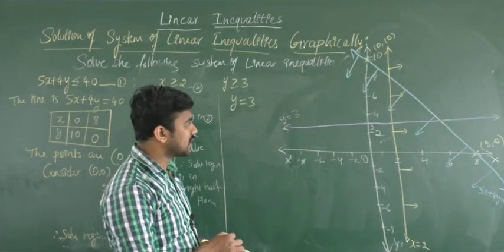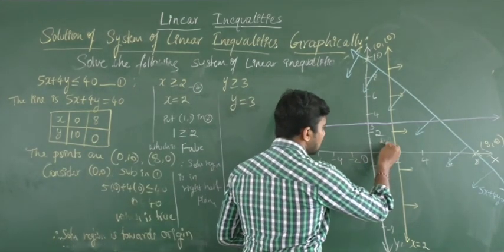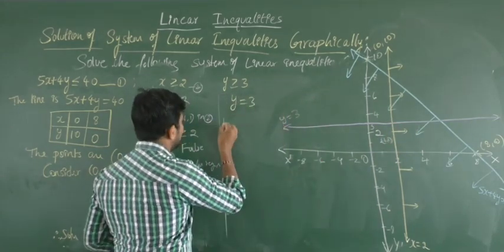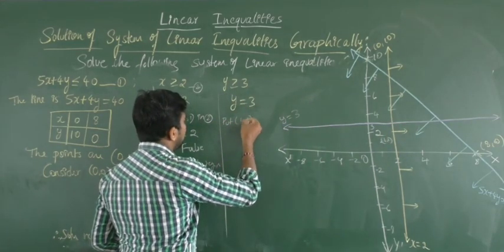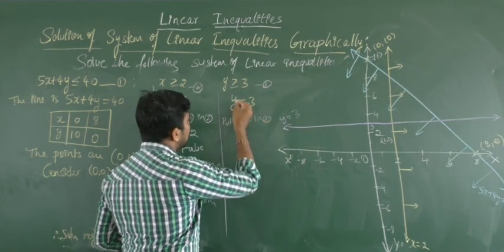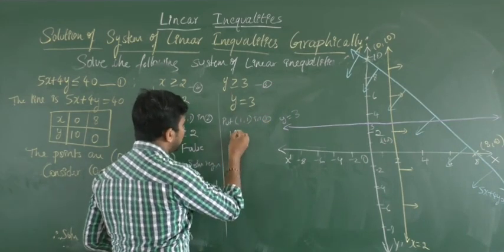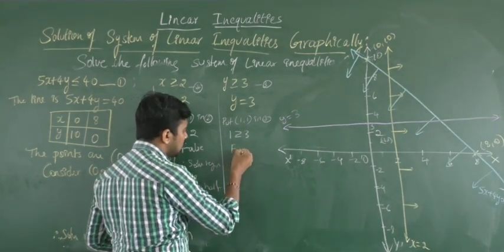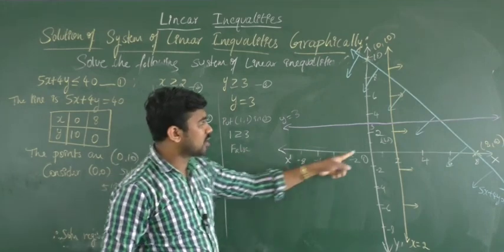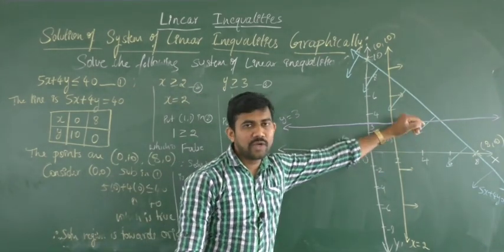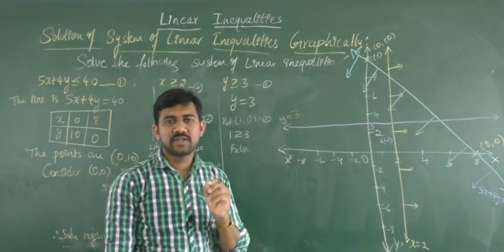We can check that by considering one point. Again I'll consider (1, 1), which does not lie on this line. Okay, so put (1, 1) in equation number 3. What will we get? See in equation 3, y is 1 here, 1 greater than 3. Is 1 greater than 3? No. So which is false. So (1, 1) does not lie in the solution region. (1, 1) is in the lower half plane. So the lower half plane is not the solution region.